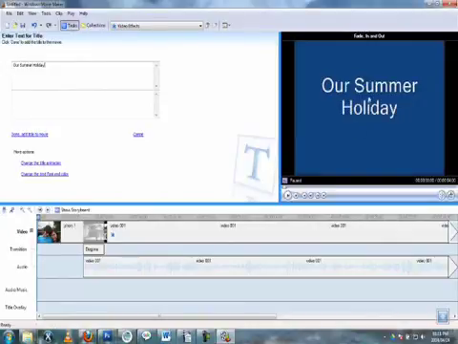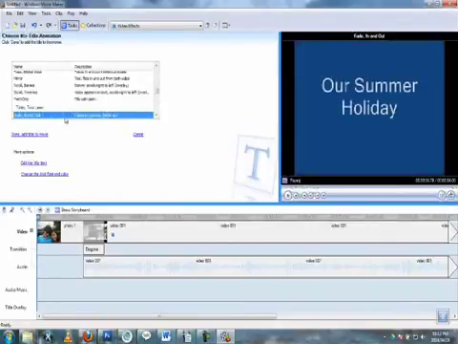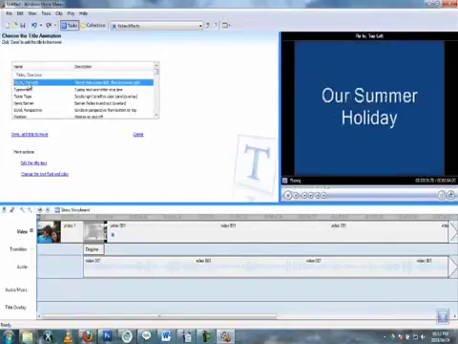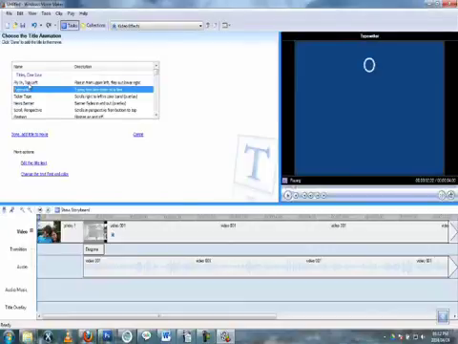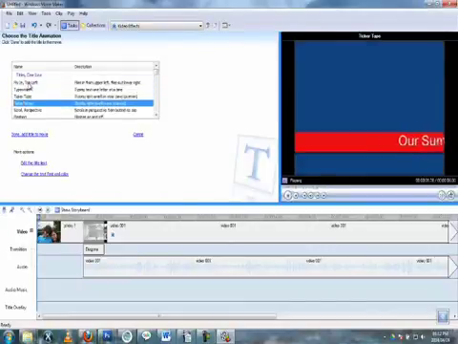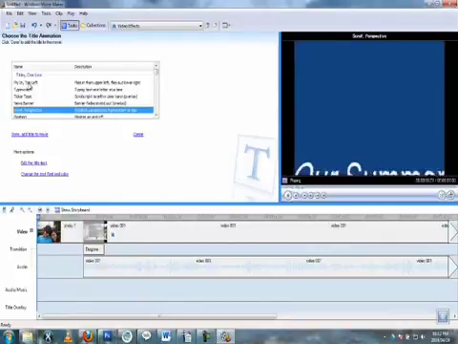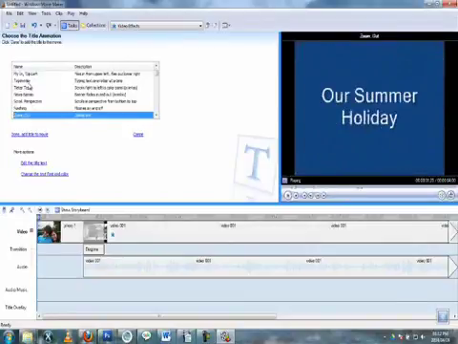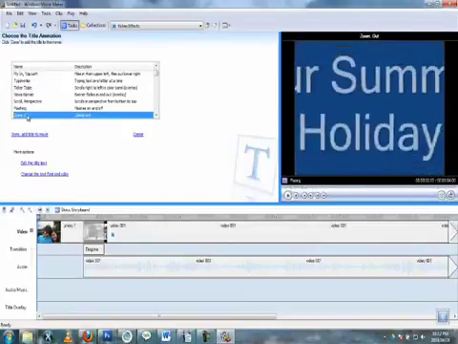Okay, so you'll see in the preview window by default that's how it's going to look, and I must say that doesn't look very nice. So what we can do is change the title animation. Over here we click on change the title animation, and again we have a whole range of effects that we can play with. We can just click and go through this list and find something that we like. That one's quite nice. I'm just going to click on that one,